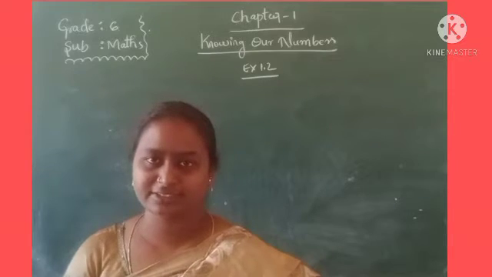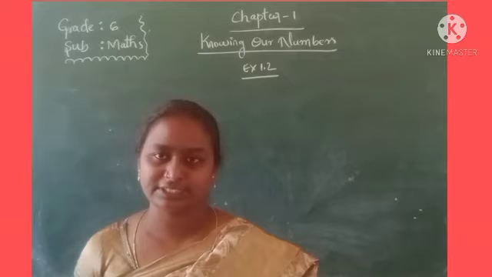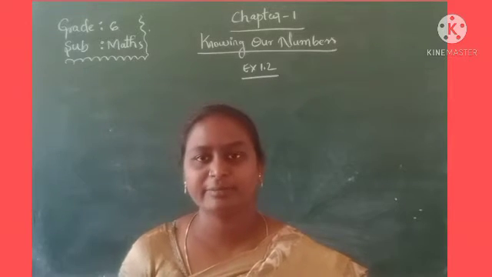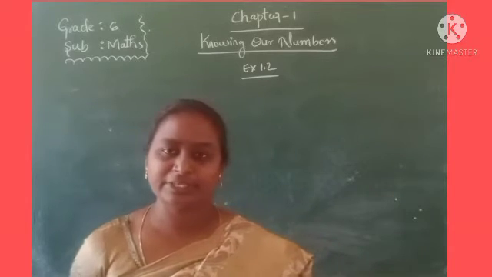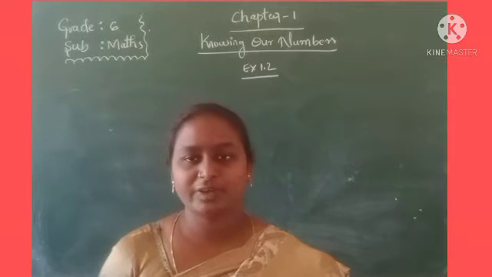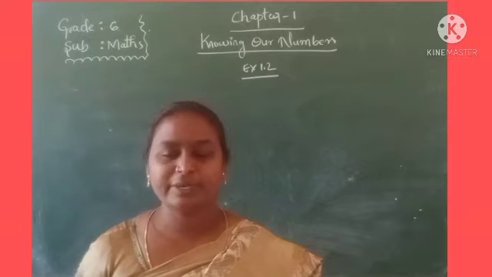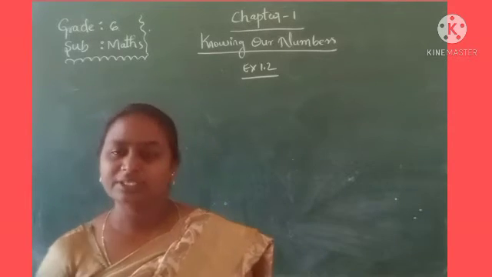6,980 runs. But he wants to complete how many runs? 10,000 runs. Then how many runs does he still need? Remaining means, will you do addition or subtraction here? Very good, you have to do the subtraction. Then only you will know the remaining runs he needs to score.